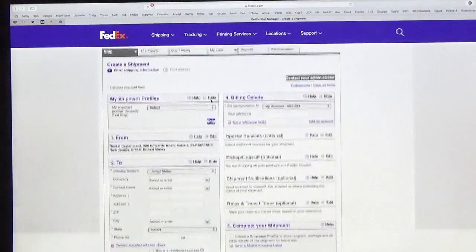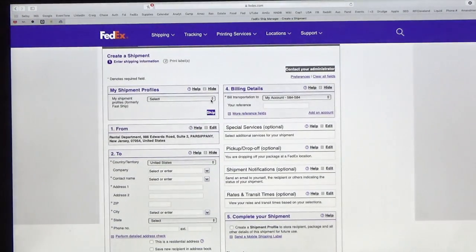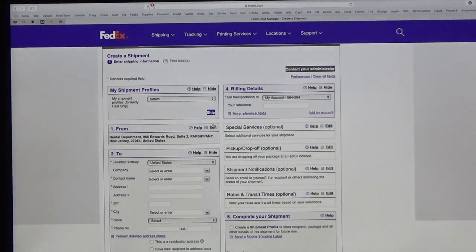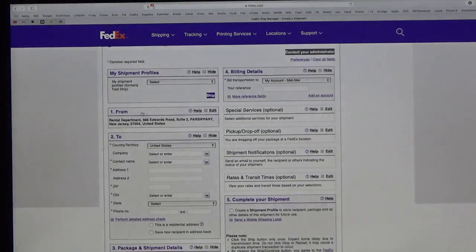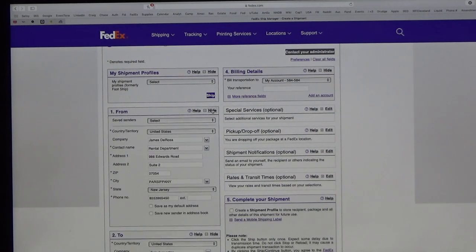This is the main template screen that you use to print shipping labels. The first thing you want to start with is the from, okay? It says rental department 986, and so on. This is saved in here. The from address is saved in here. I do like to fix it because for some odd reason it never puts, when you edit it, let's go